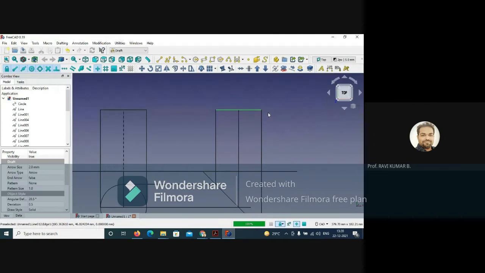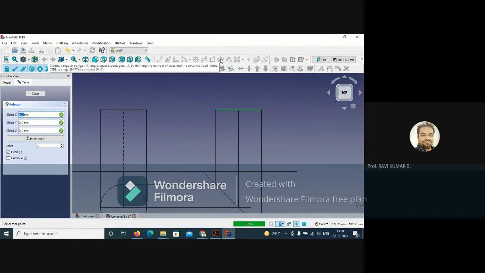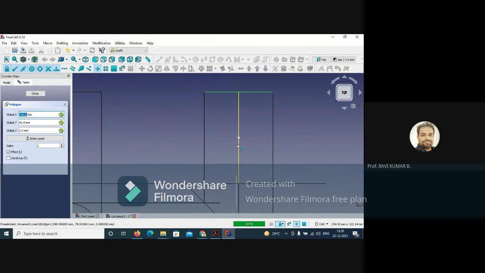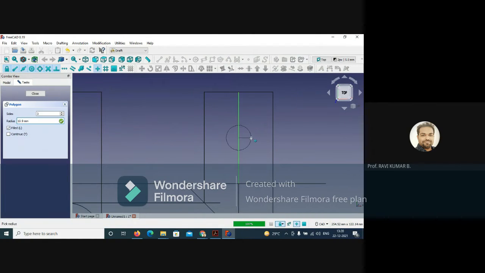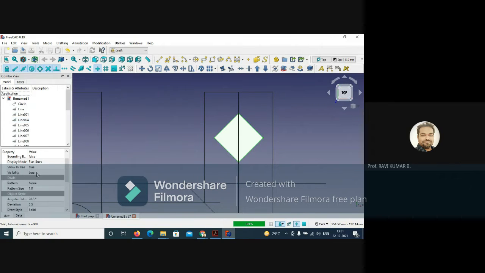So let's go here, take the polygon command. This is the polygon command. Now it's asking about the center, so just simply over here you can select this point. Selected. Now it's asking about the radius, so that radius you can mention, and every side you can mention. Total sides are 4 and radius is 21.21, so you just mention 21.21 and just enter. So this has been created. Now change this into the wireframe. So you have changed it to the wireframe. So this has been created now in the form of wireframe.